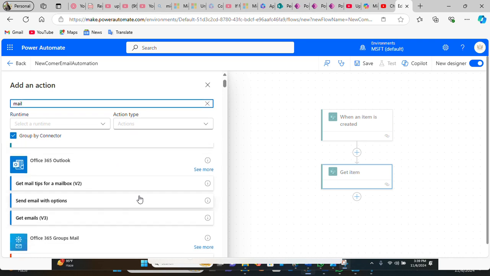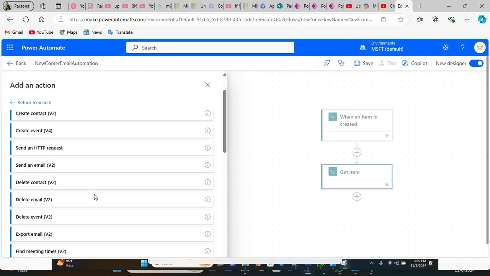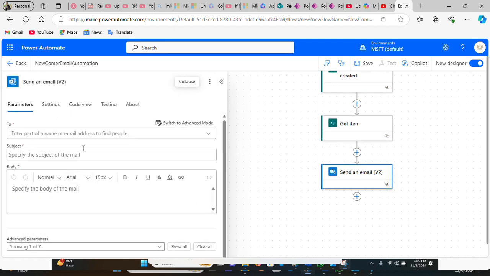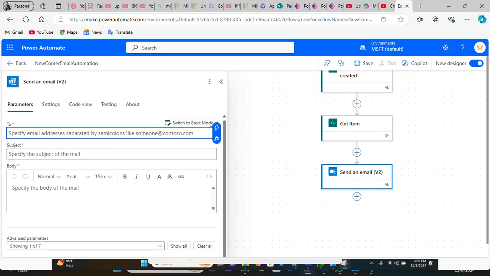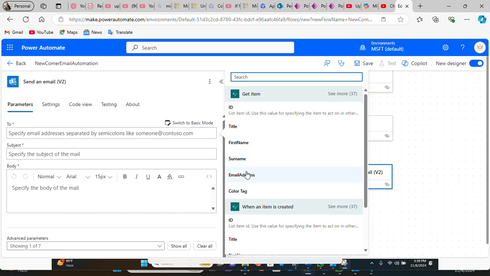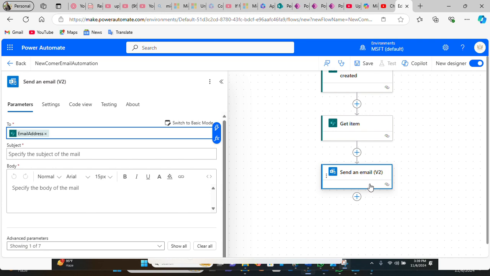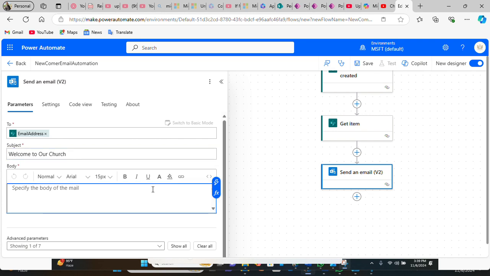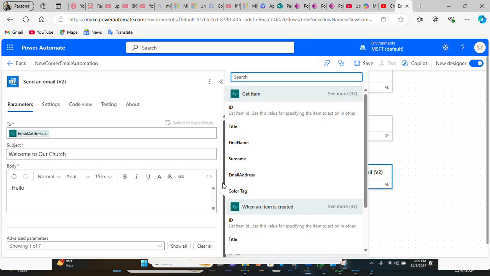So we're going to click on see more, send an email v2, and then you still have this. Click on switch to advanced mode, click on this, and you can click on email address, and you see we don't have for each there. So subject is going to be welcome to our church. Then the body is going to be hello. We're going to input